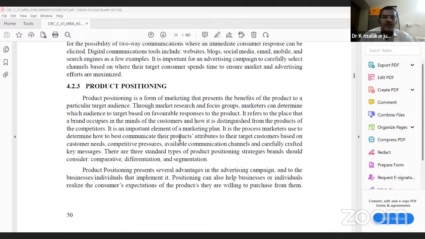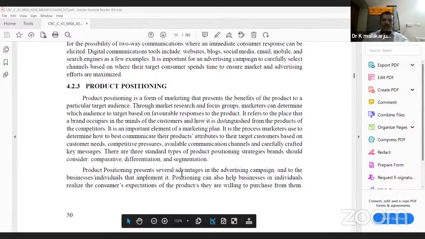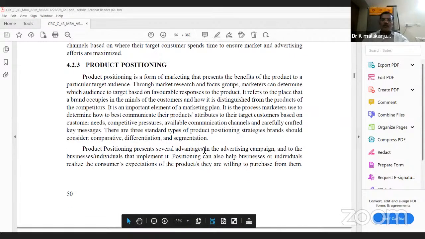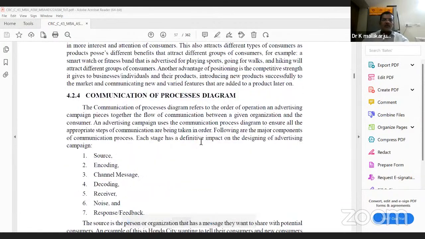Product positioning is a form of marketing that presents the benefits of the product to particular target audiences. So product positioning represents several advantages in an advertising campaign, and for the businesses or individuals that implement it, positioning can also help them realize the customers' expectations of the products they are willing to purchase from them. So this is the process of communication, how the process will move from source to encoding, then